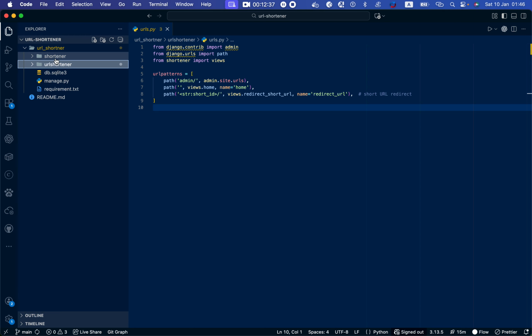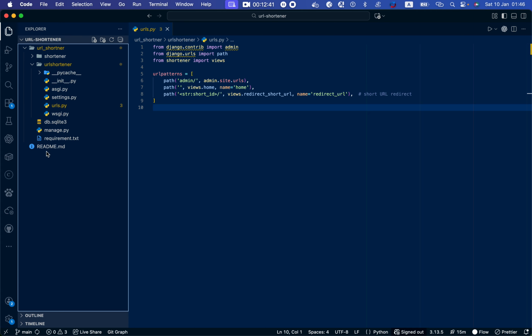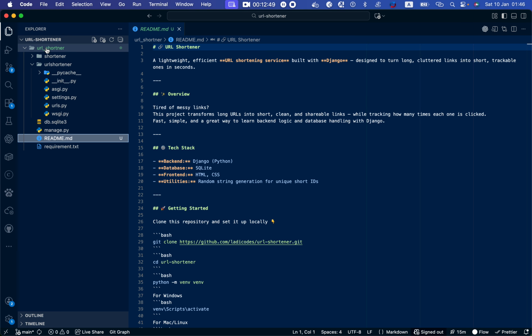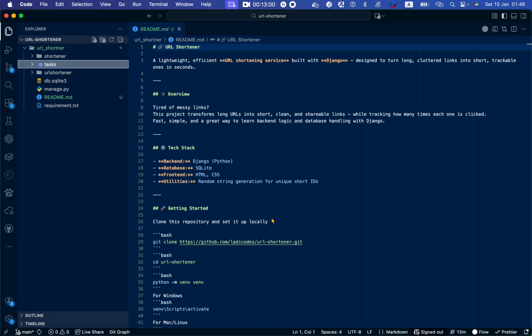So what I'm going to do is create something. I'm going to be in my base repo. This readme is not actually in the right place. The readme is supposed to be here. So this is my base repo. What I'm supposed to do now is create a task folder. After creating a task folder,